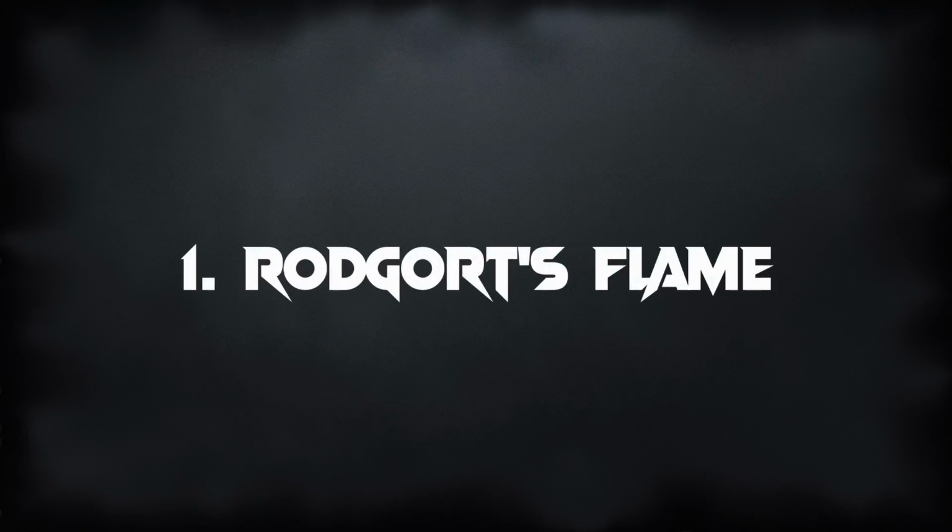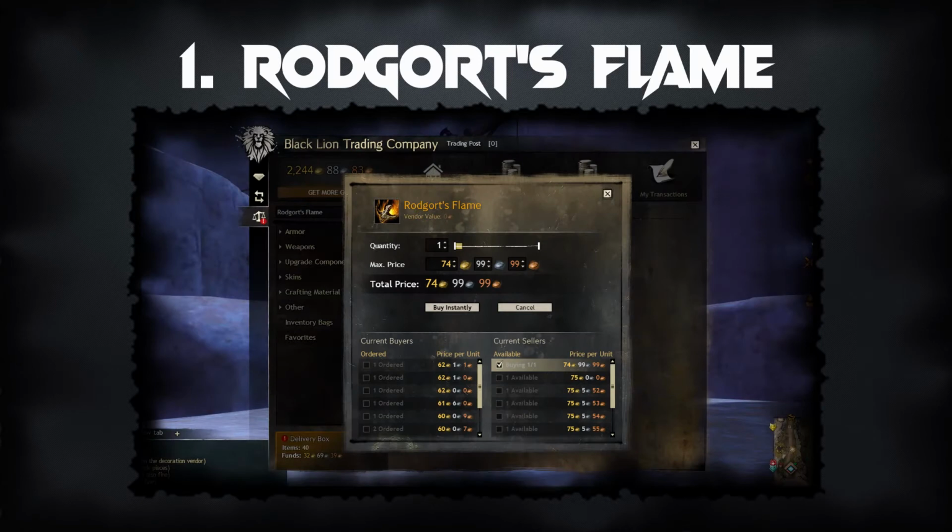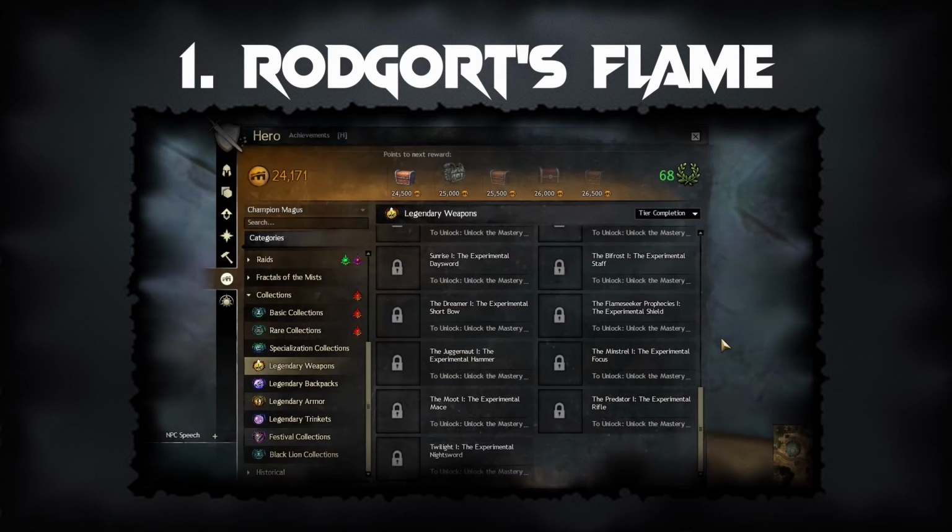Rodgort's Flame can be bought on the trading post, which at the time of this video is going for roughly 70 gold. It can also be earned through a series of collections that you can access via the achievements panel if you are interested in doing it that way. If you want to know whether doing the collection will be cheaper than buying it on the trading post, then you can visit